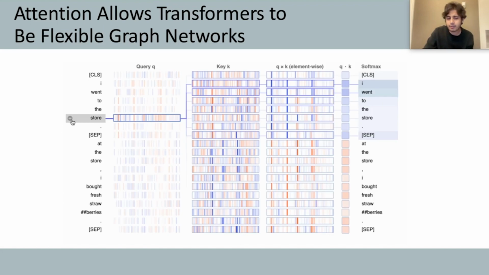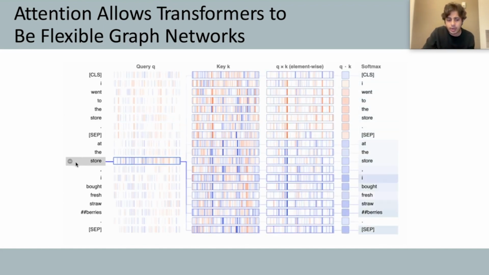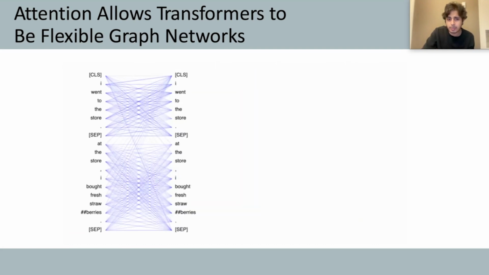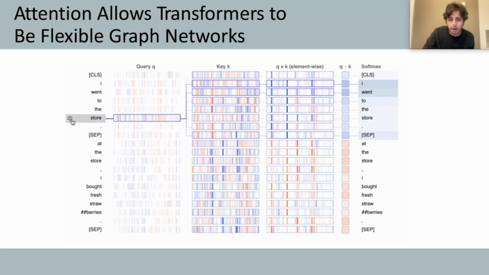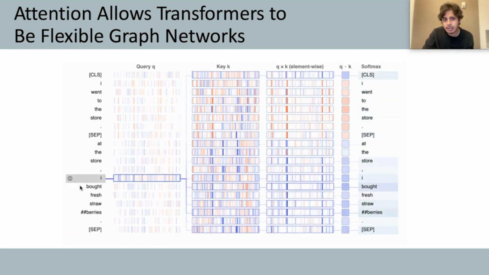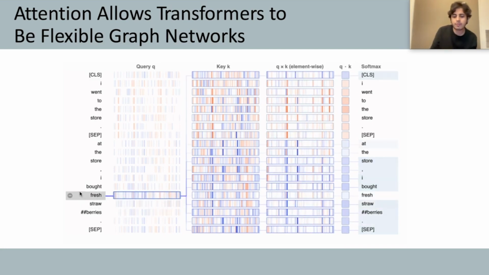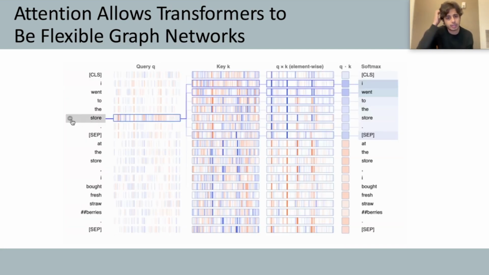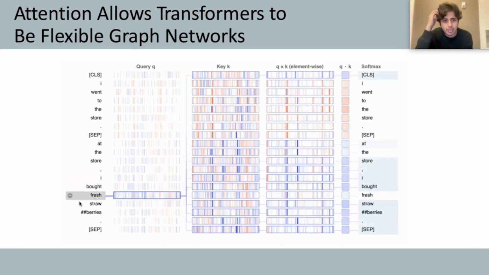And this kind of context-dependent switching, where you can switch how you attend to different input dimensions based on the context of your problem or your statement, is something that allows attention to give transformers the ability to become flexible graph networks. And this is a really key concept that I want you to come away with, which is that